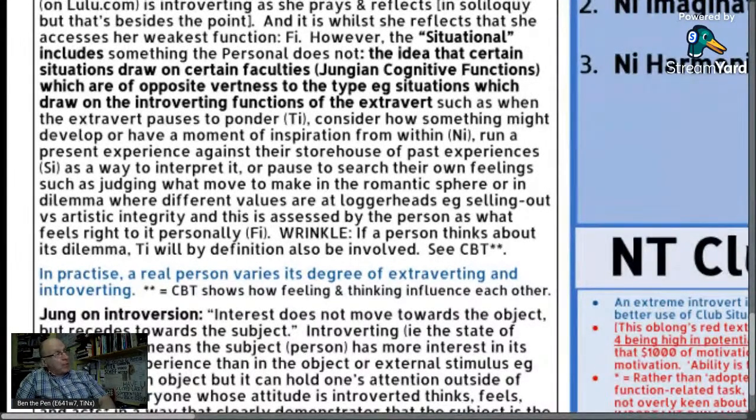And that's not a case of territory. That's not a case of, oh, I'm happy, I'm going to go to Fi, which would be like having an ENTJ character in a happy relationship. You could say, okay, at close range, they're going to go into Fi. So it's not just a case of going into your situational functions because you're in your happy place, because it's in your personal distance. You can go there situationally.